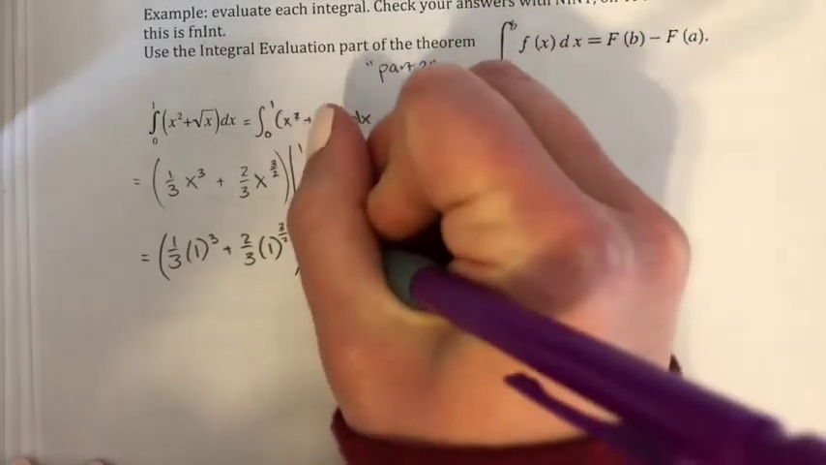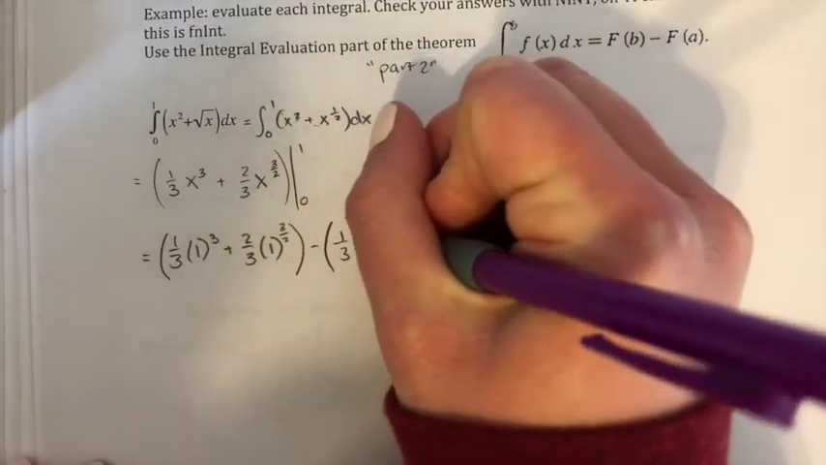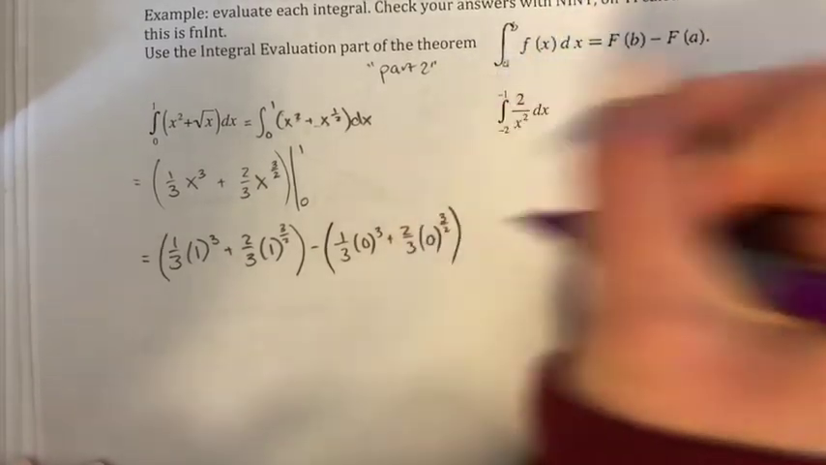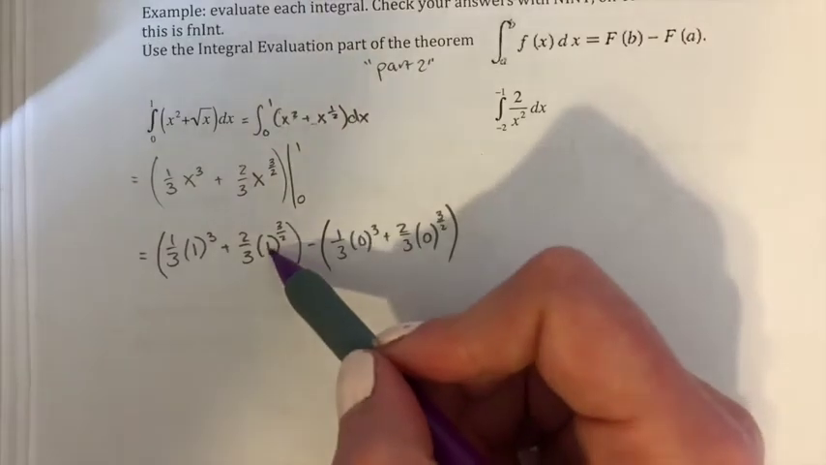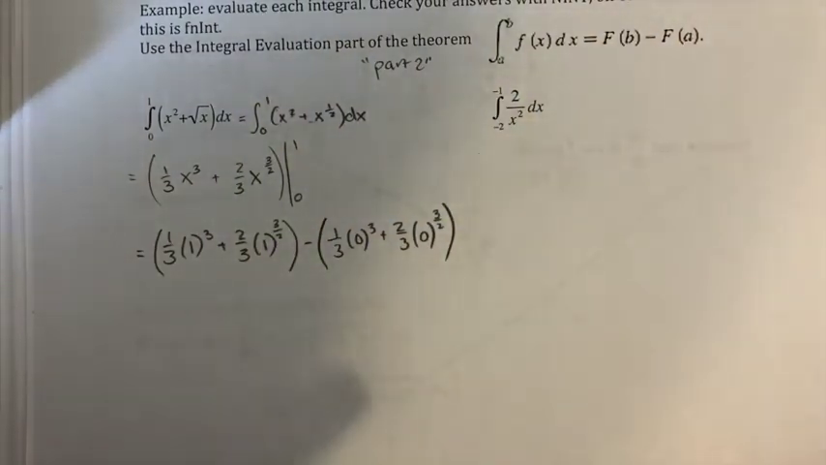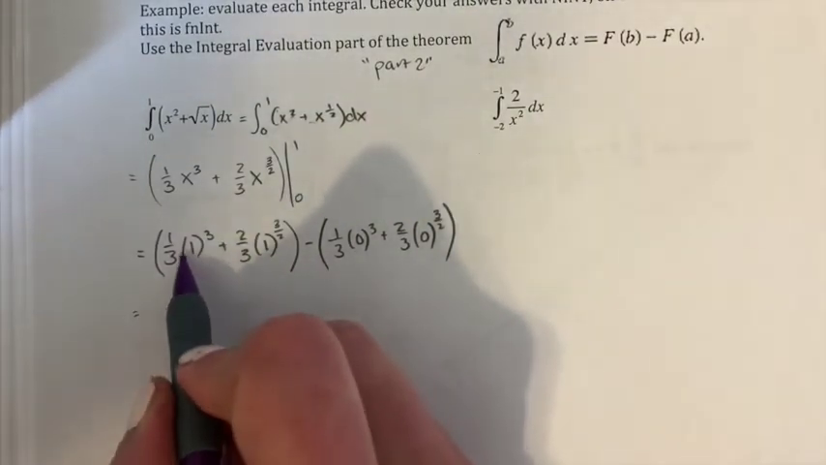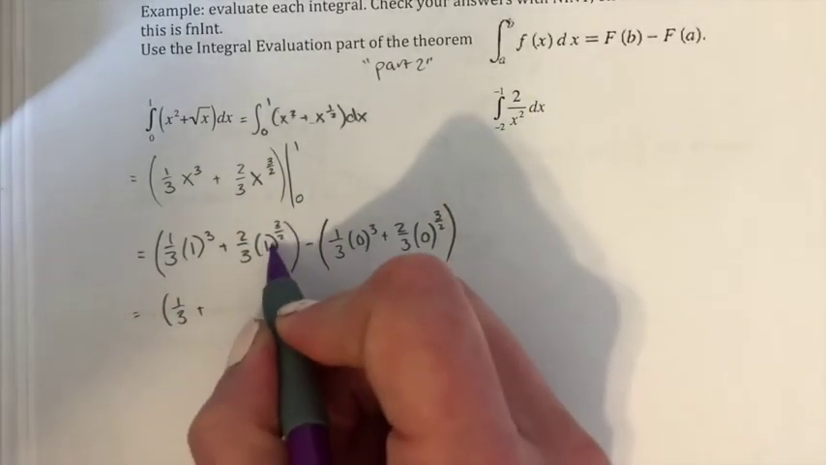And then subtract our lower boundary, and it's nice. Notice how I gave us really easy numbers to plug in, because I don't know what 4 to the 3/2 is, but I know what 1 is, because 1 times itself any number of times is still just 1. Okay, so 1 cubed times 1/3 is just 1/3. 1 to the 3/2 is 1,